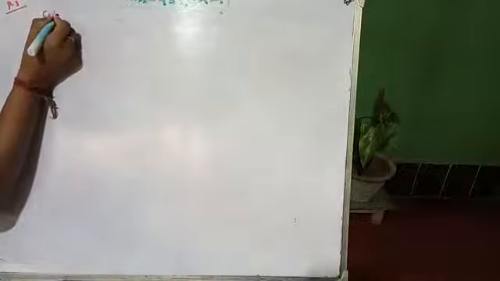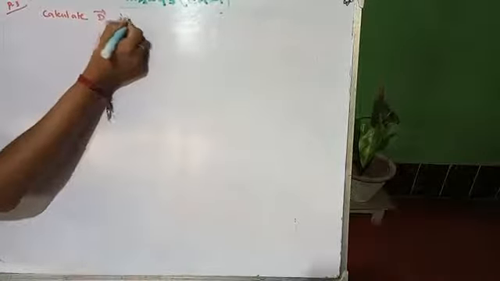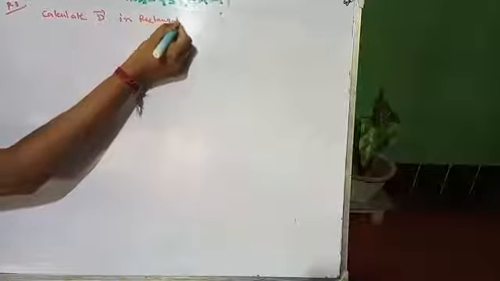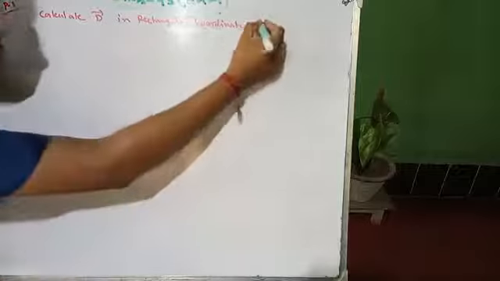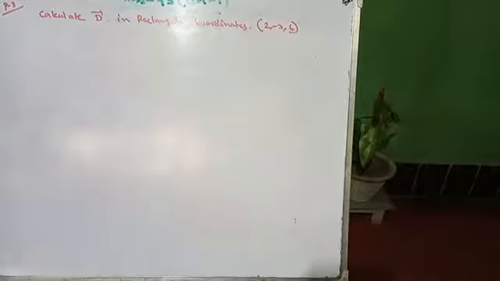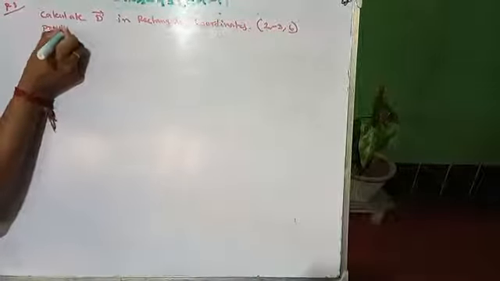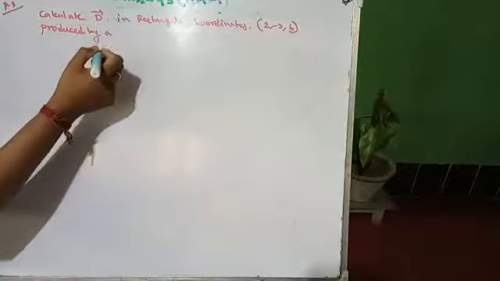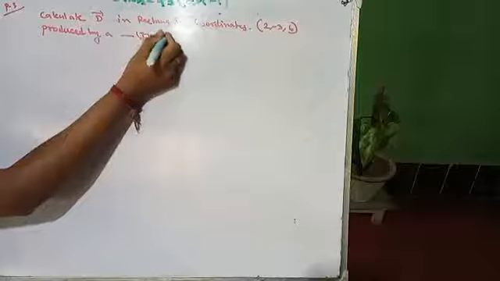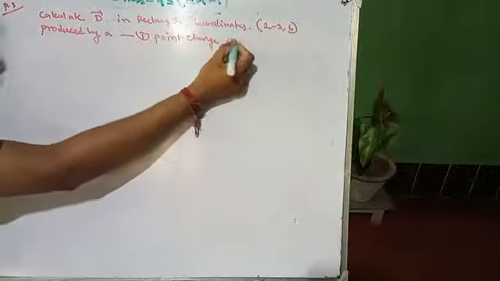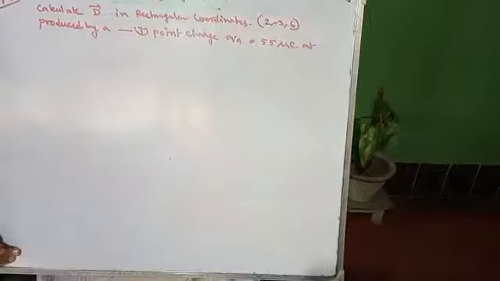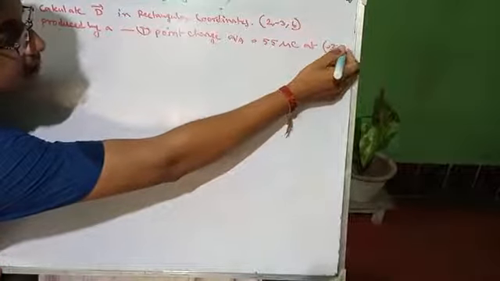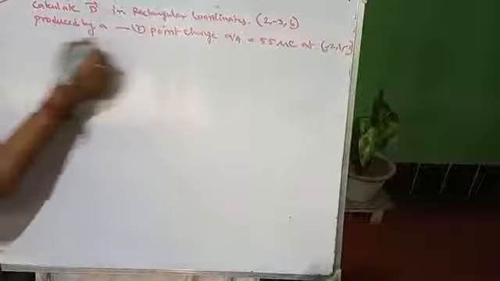Write down: calculate D in rectangular coordinates at (2, -3, 6), produced by, Roman 1, a point charge QA equals 55 microcoulomb at (-2, 3, -6), and Roman 2,